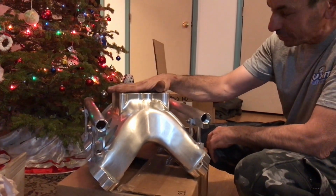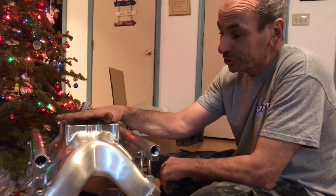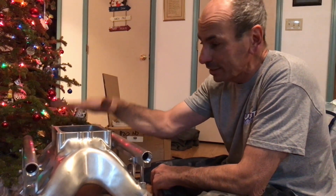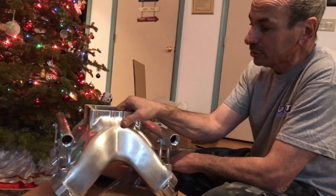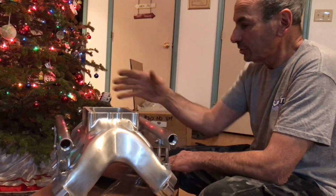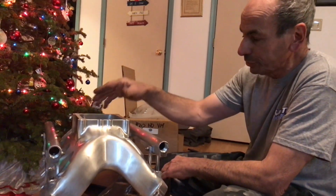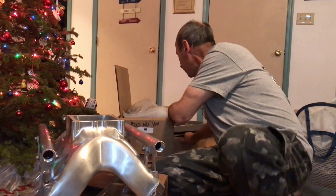Matt set us up with this at MBE, and this thing works. I mean, they already made like stupid power with this setup, so I know what kind of power it's going to make. I just don't like this elbow deal. I actually bought in this box